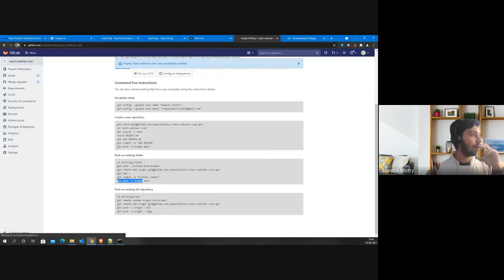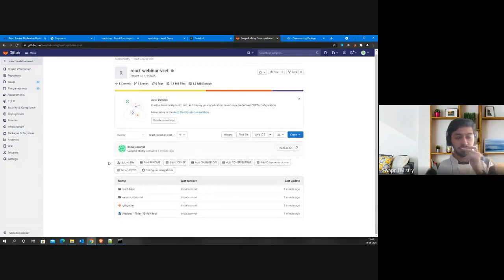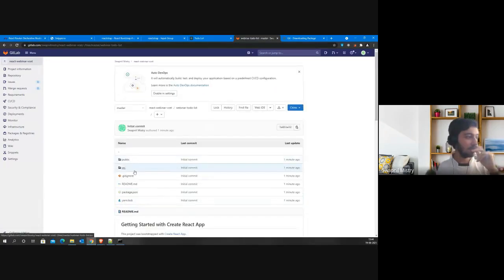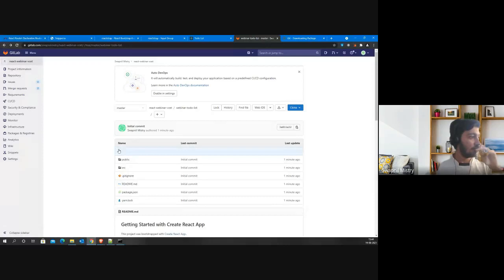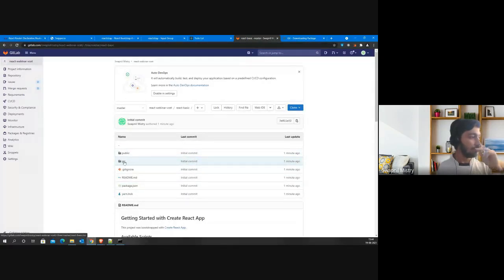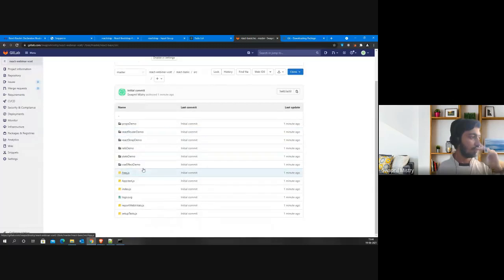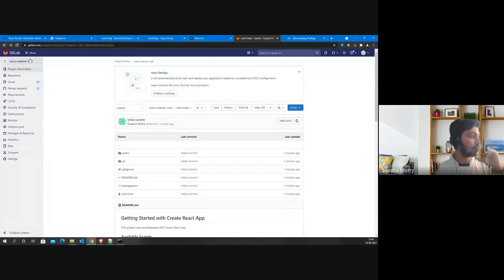If I try to reload this now, let's see what we are seeing. So now we are seeing our projects which we already created. This is the doc file. This is the to-do list. Let's try to see that we are getting all the files. I see that the to-do list is proper. Go back to React Basic, source. And I see everything has been pushed properly on this project.